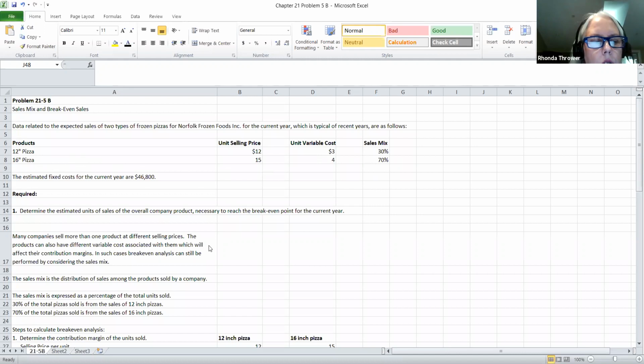So when we're trying to determine break even, you'll remember that break even was where our revenues and our expenses are exactly the same. And so management might want to look at break even sales in units or dollars to see how much they have to sell in order to, like it says, break even, not have a profit, not have a loss, but just to break even. So when we have two or more products that we're selling, then we have to take into consideration the sales mix percentages. And when we are calculating break-even sales